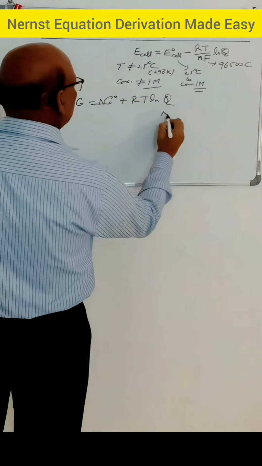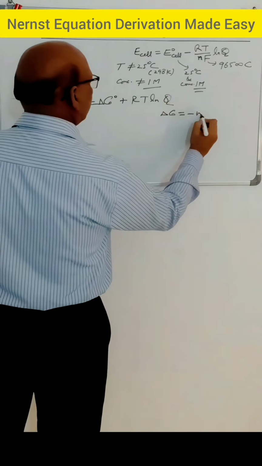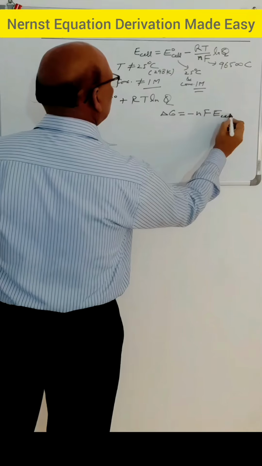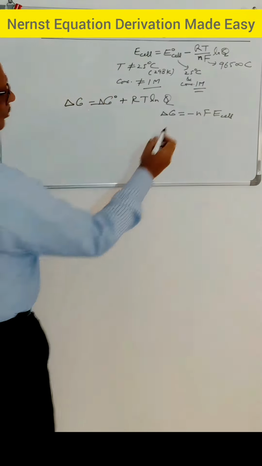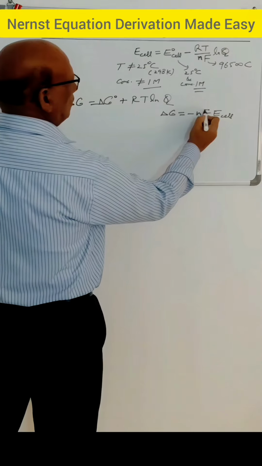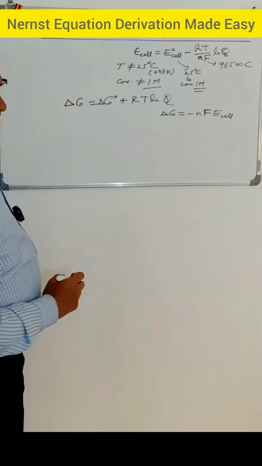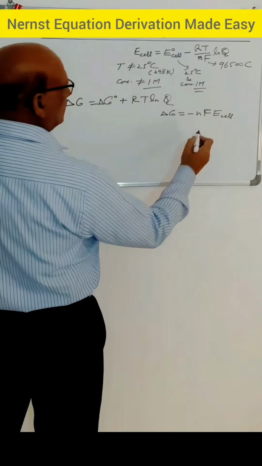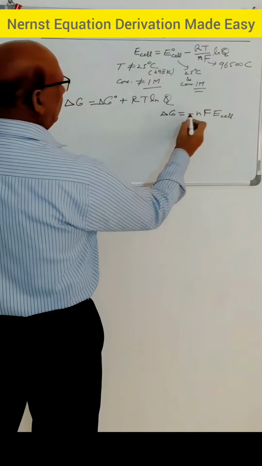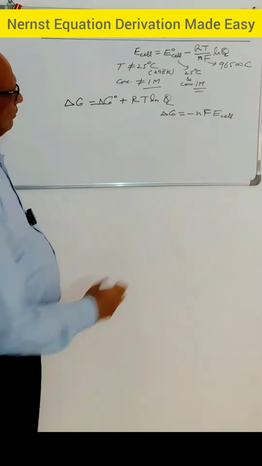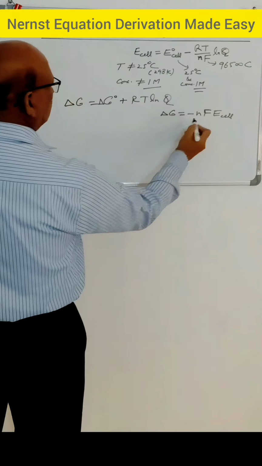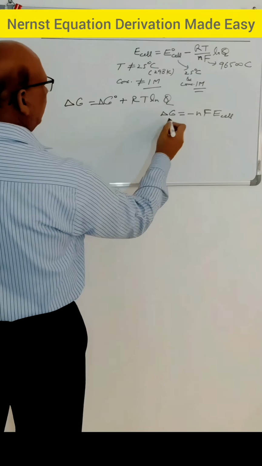अब जो डेल्टा G है for electrochemical cell is minus nF E cell. Okay, because nF gives the total charge, number of moles of electrons multiplied by charge on 1 mole of electron, is the total charge transferred in the electrochemical cell, and E cell is the cell potential. And negative sign is given because this electrical work is done by the cell or by the system. That is why we have taken negative sign. Okay, this is nothing but the electrical work done by the cell at non-standard condition.